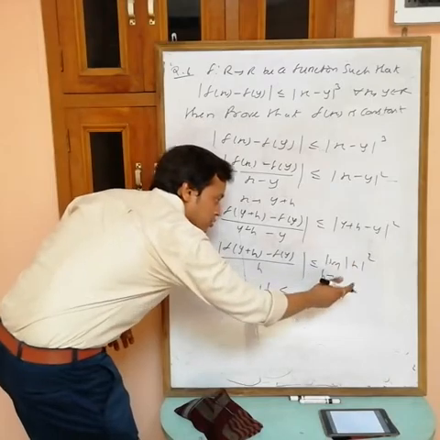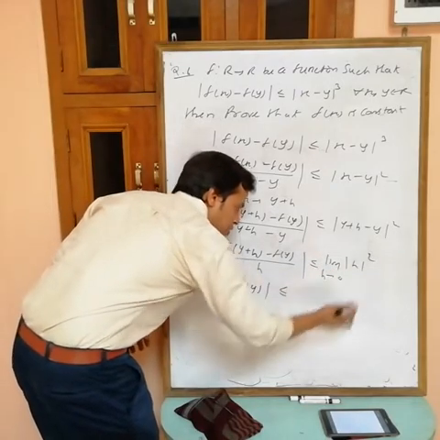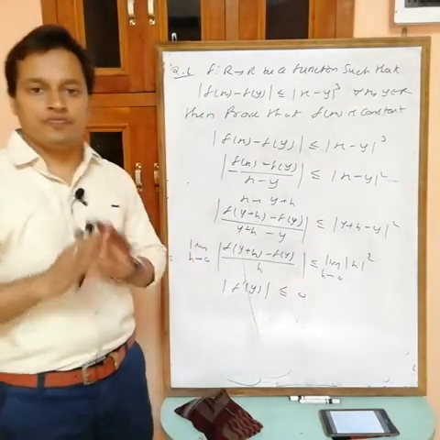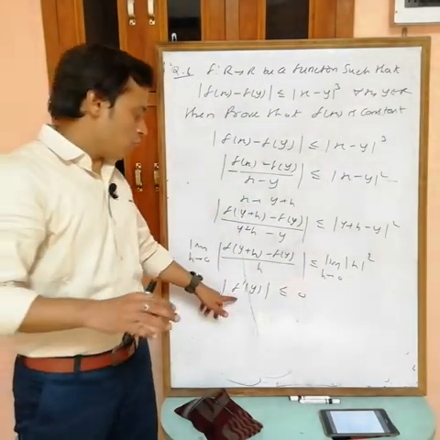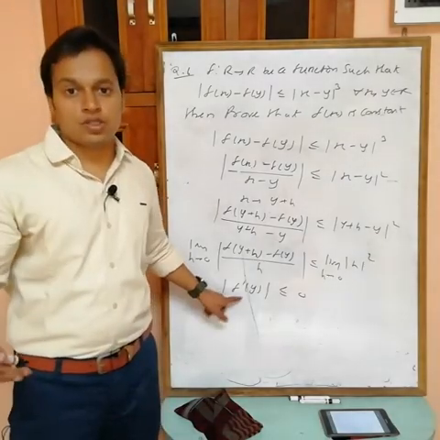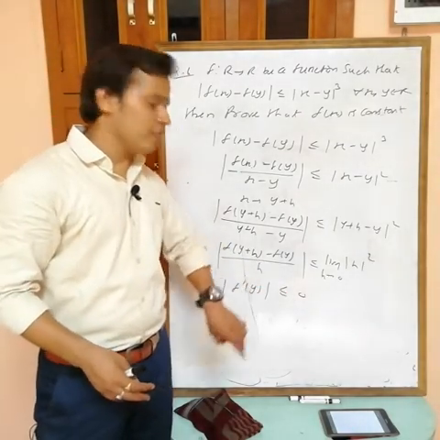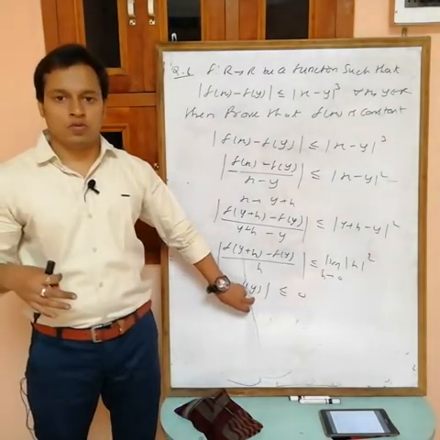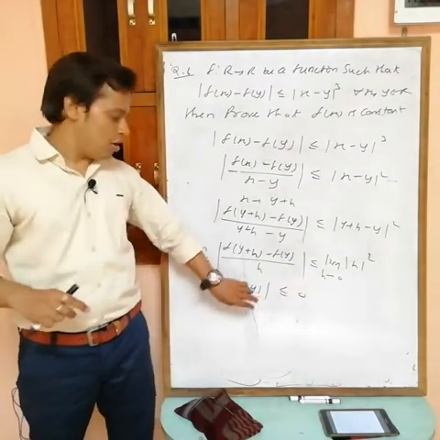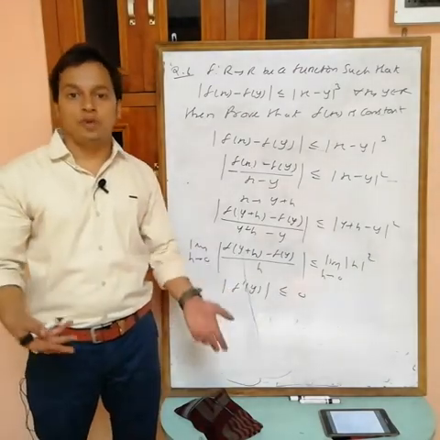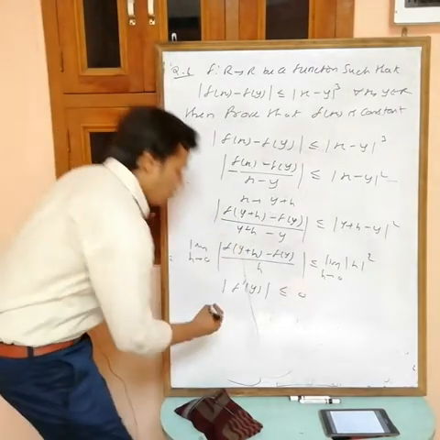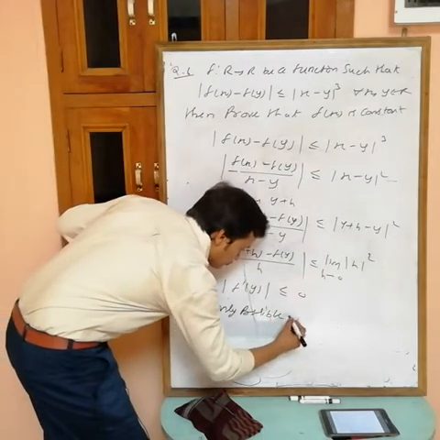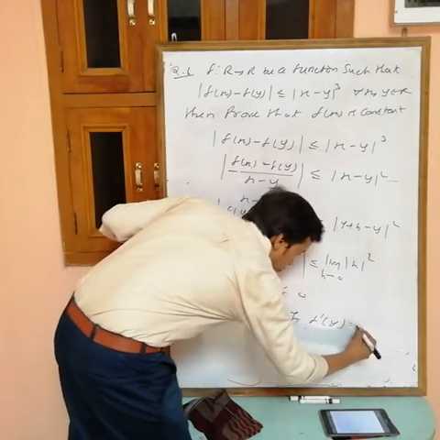In this one put h equals to 0, mod of h square is 0. Now mod of anything is less than equals to 0? Not possible. Modulus is always greater than equals to 0. So this is only possible when f dash y equals to 0. If you take any other value, suppose plus 1, then mod of this is not less than equals to 0. Minus 1, then again mod of minus 1 becomes plus 1, not less than equals to 0. Only possible if f dash y equals to 0.